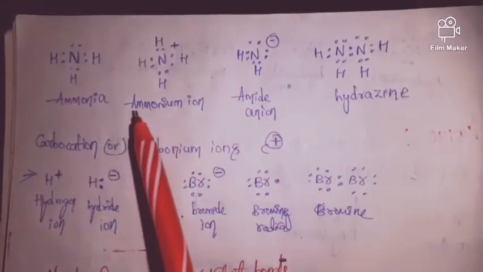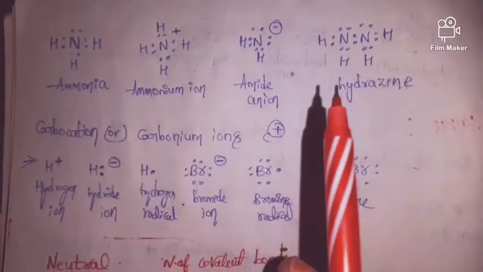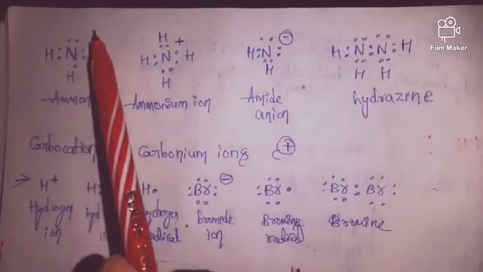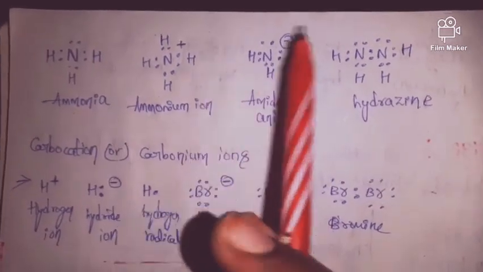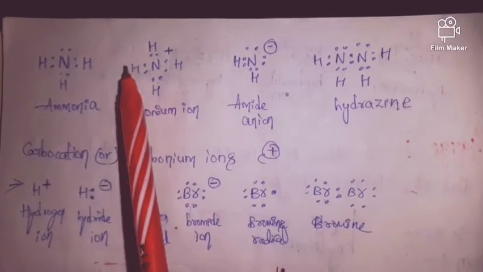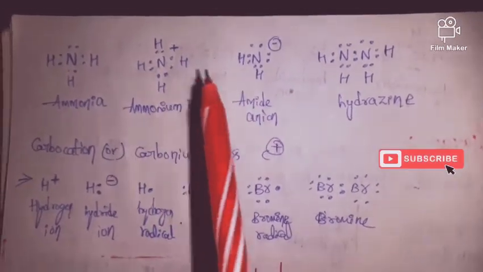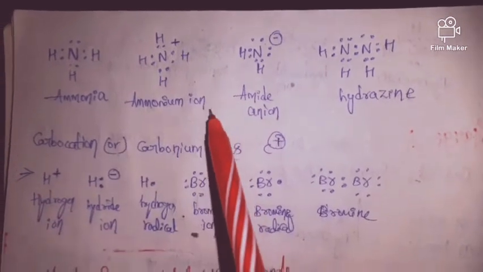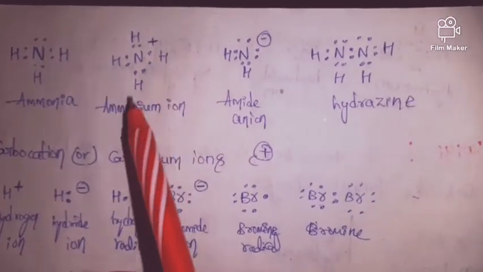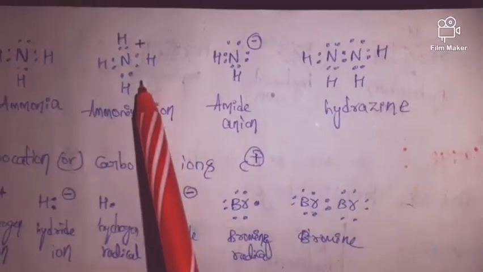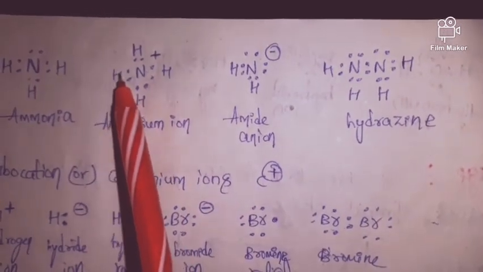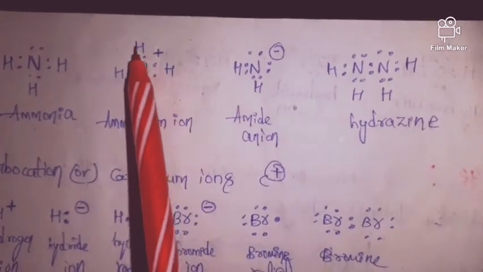Here, as we already discussed, the atoms should follow the octet. If we observe the valency of these atoms, we will definitely come to know that the atoms present in the molecules should obey the octet rule. Of course, these atoms are also obeying the octet rule. If we observe this ammonium ion, we know the valency of nitrogen. First let's see this. Here a single bond is present, the same case. So here also single bond, single bond, single bond.